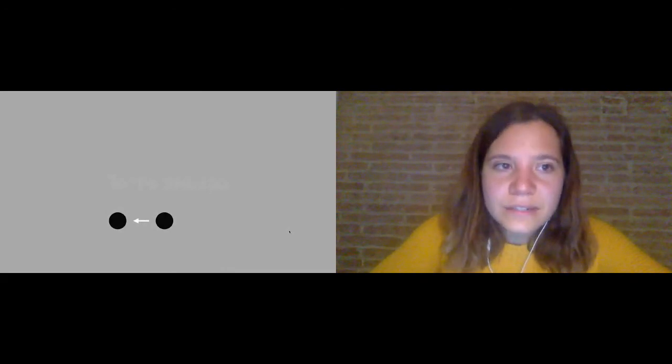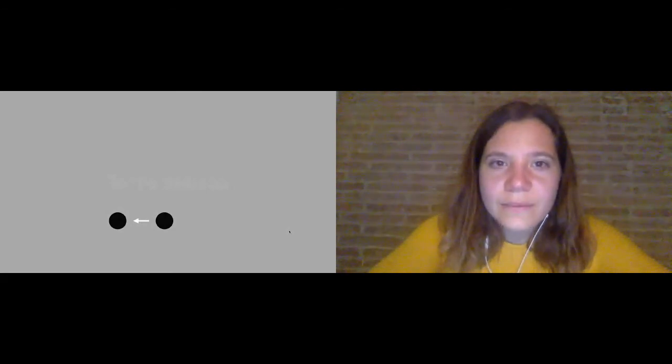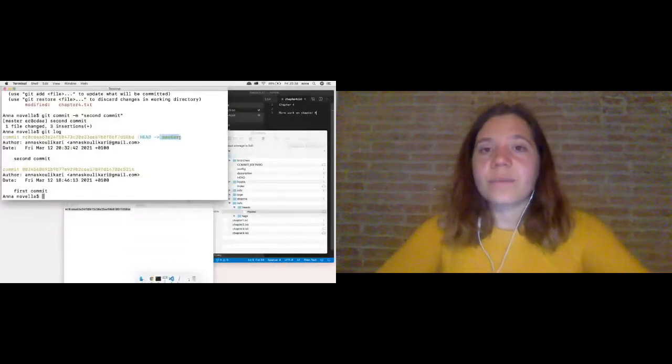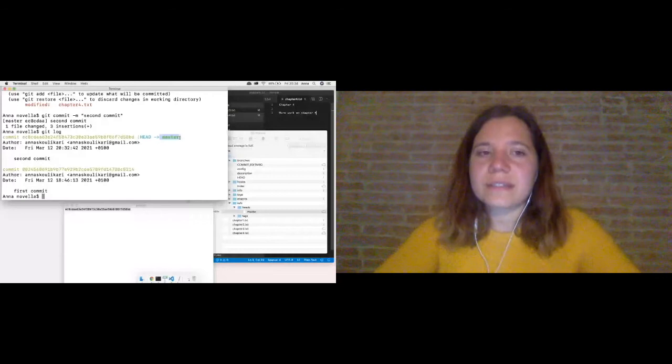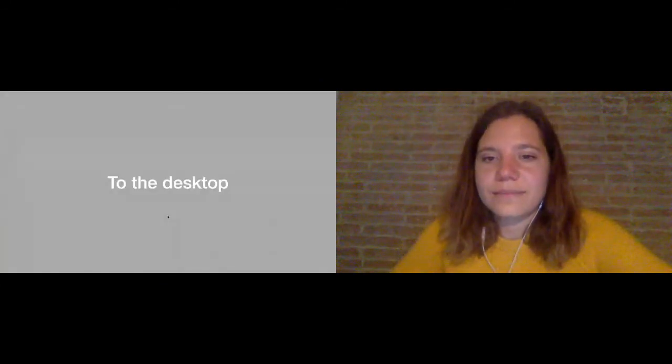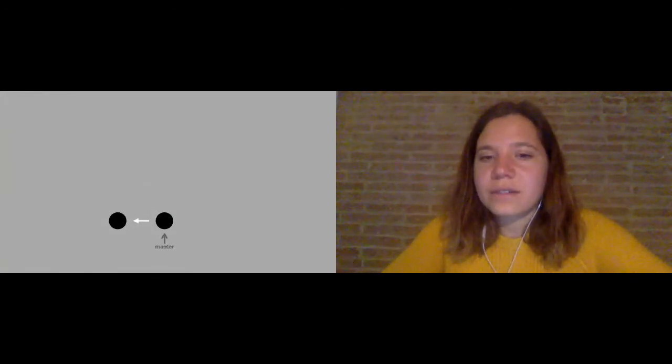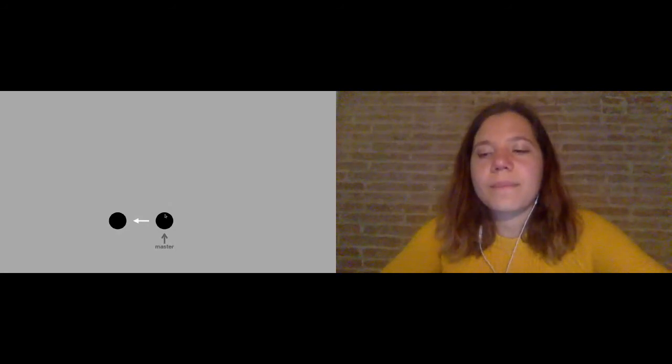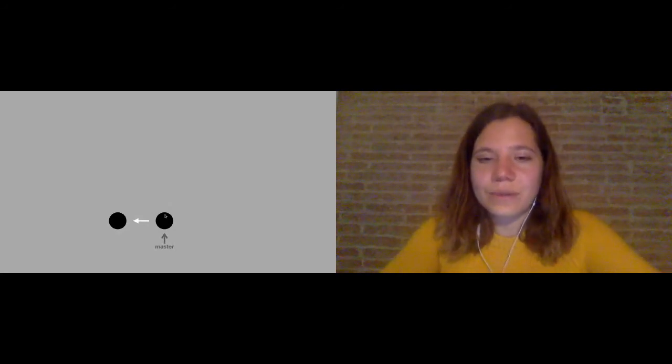And what you can see here is that we have the commit hash, and then we have a pair of parentheses, and we have master in those parentheses. In other words, master is pointing to this commit. So let's go see that in the diagram. We have master, and it's a pointer to this commit. So branches are simply pointers to commits.